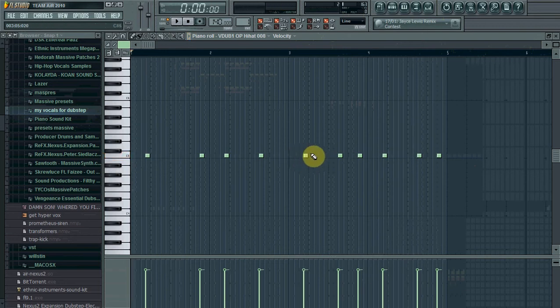So again, just play around with the sounds and see where you get up to. It's all about, like I've said before, experimenting with the sound. So now trying this, once you've had a little play around with it,